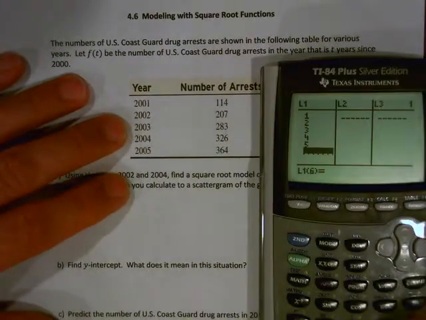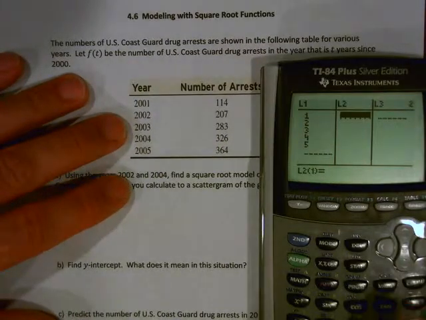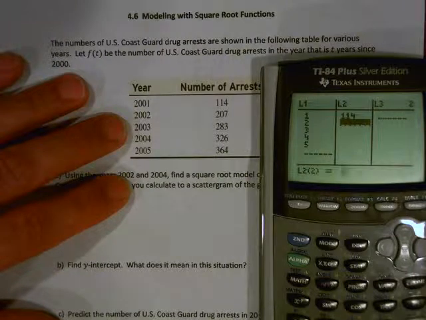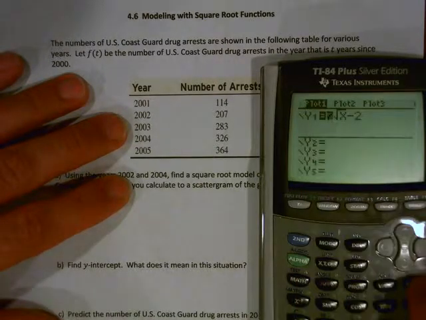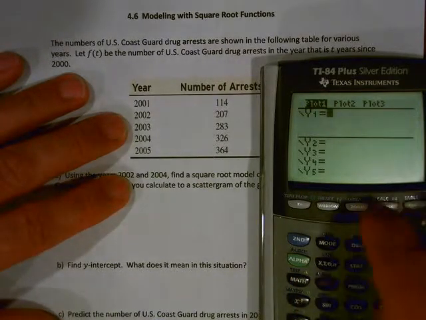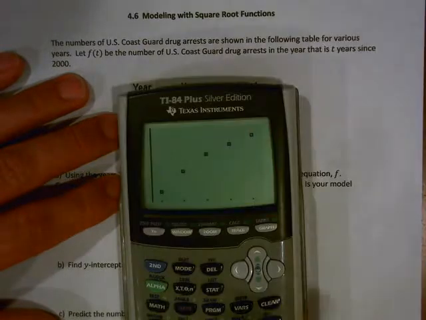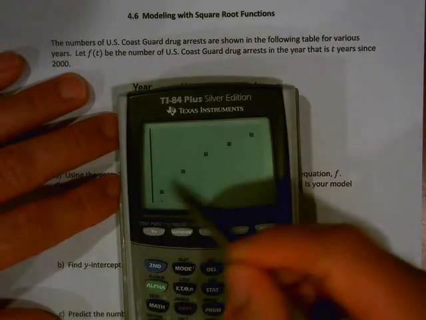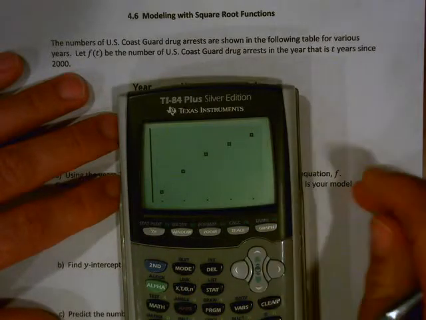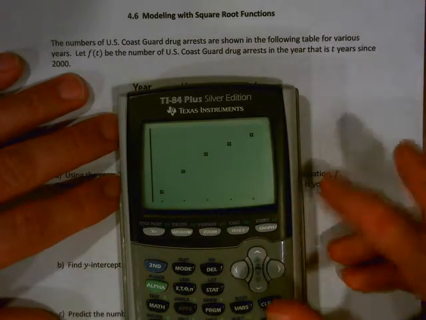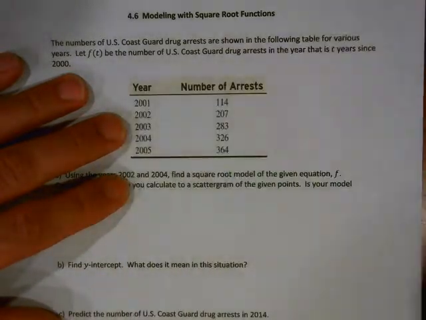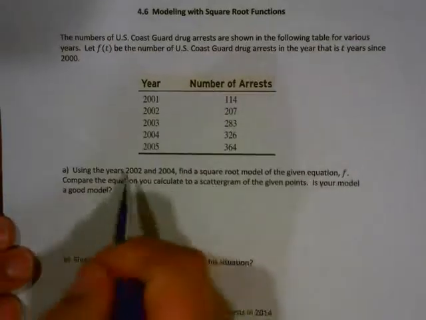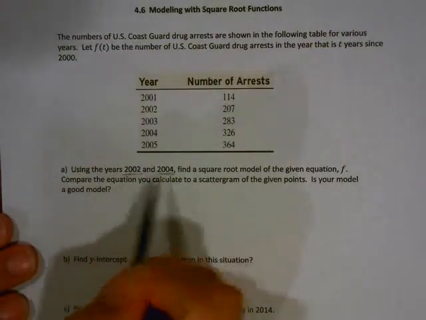And my number of arrests is going to go 114, 207, 283, 326, and 364. And I'm going to clear out my Y, zoom 9 to see this data. And you can see there's that square root function, but I don't have a way for the calculator to generate a square root function. So what we have to do is determine the